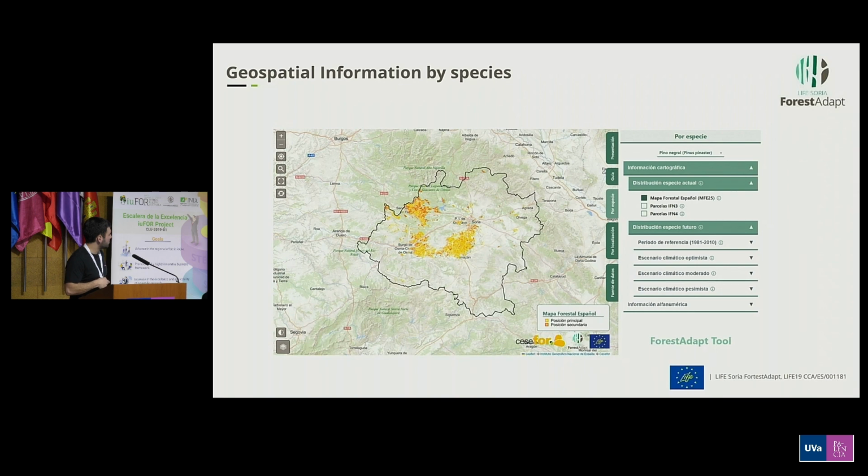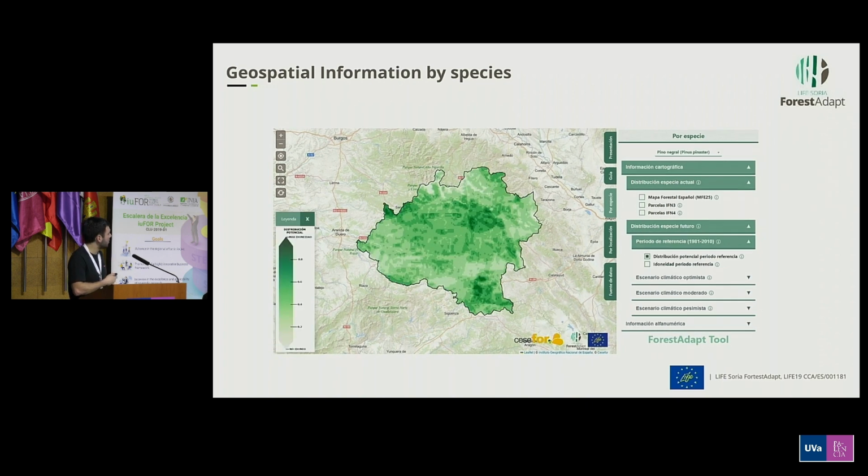We have 3 sources. We can choose the National Forestry Map, also the National Forest Inventory of 20 years ago, and then 2019. In this case, we show the National Forest Map for the Pinus pinaster, and here you can see it. Once we have the current information as a guide, we can enter the future in the model, and here